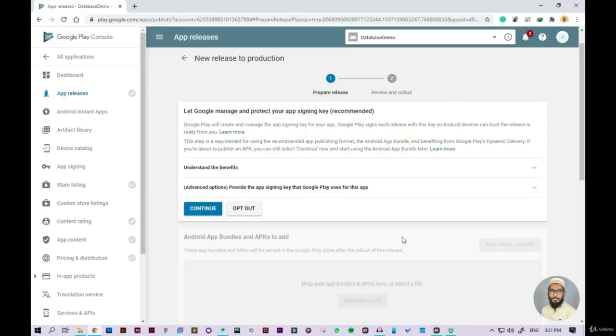So now it is asking me to continue in the Google Play signing key policy. What this basically does is store the key with which you have generated your APK, so that in future